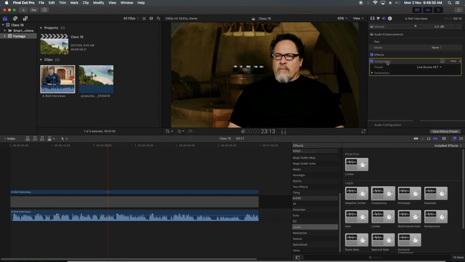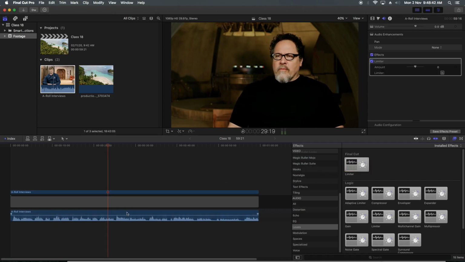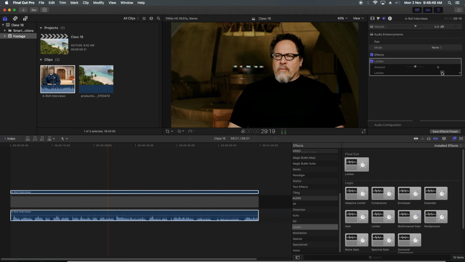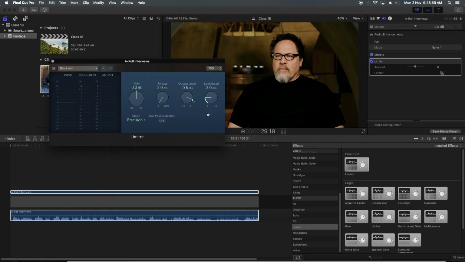I'll encourage you to go and check and learn each and every part if you want to learn. I'll use this limiter setting for this particular leveling of audio. What I have to do is drop this limiter, go to the inspector window, and click on this small little chart button on the limiter. It will open an interface.